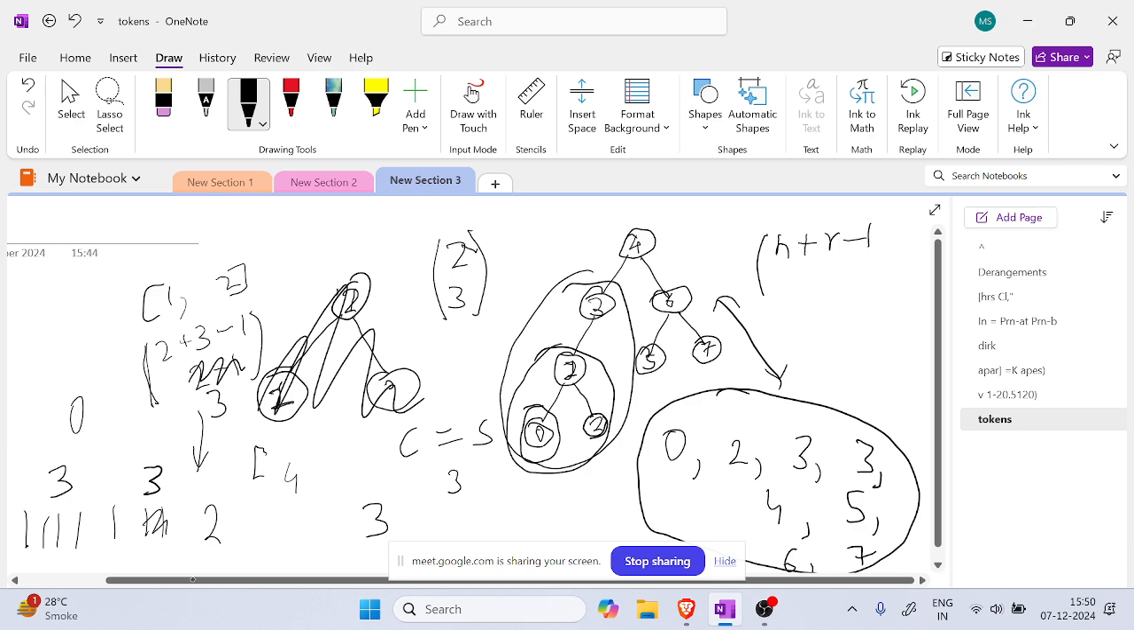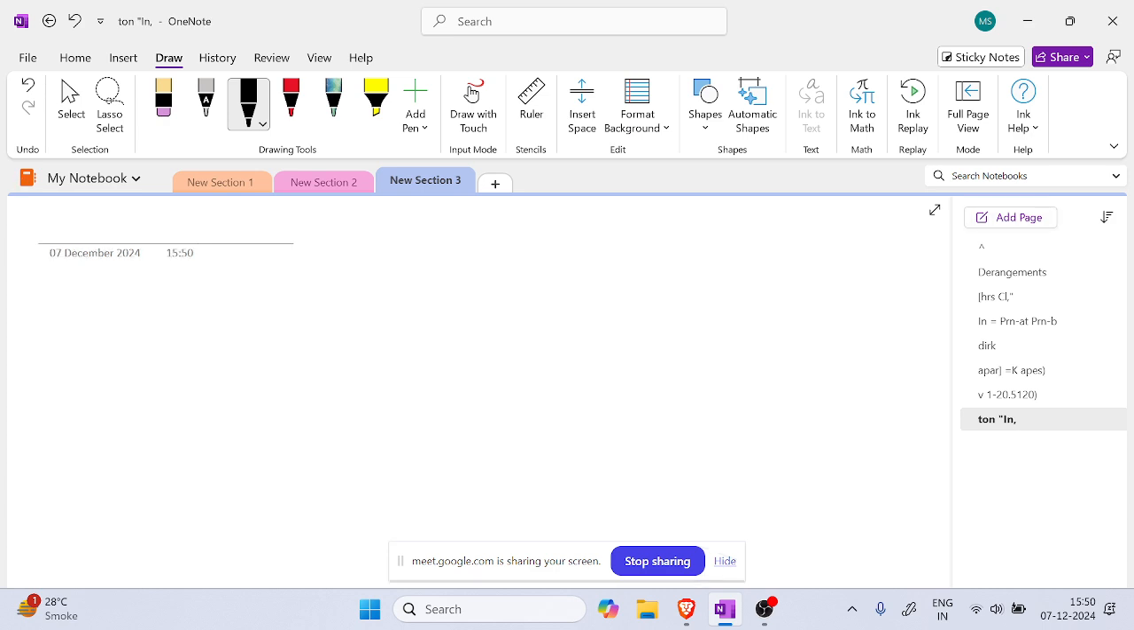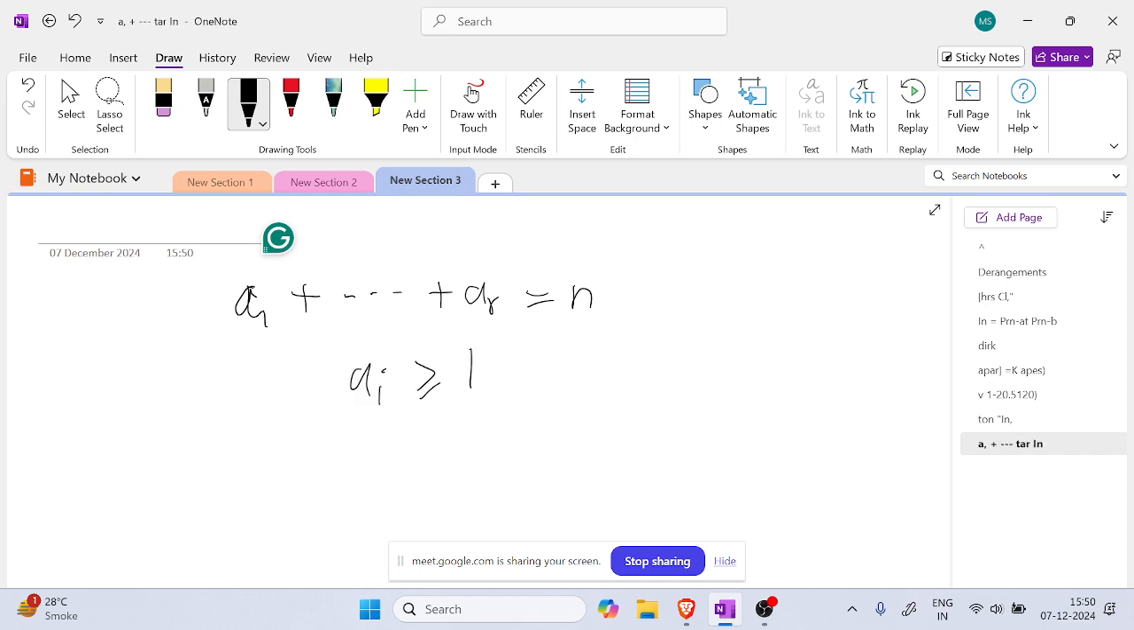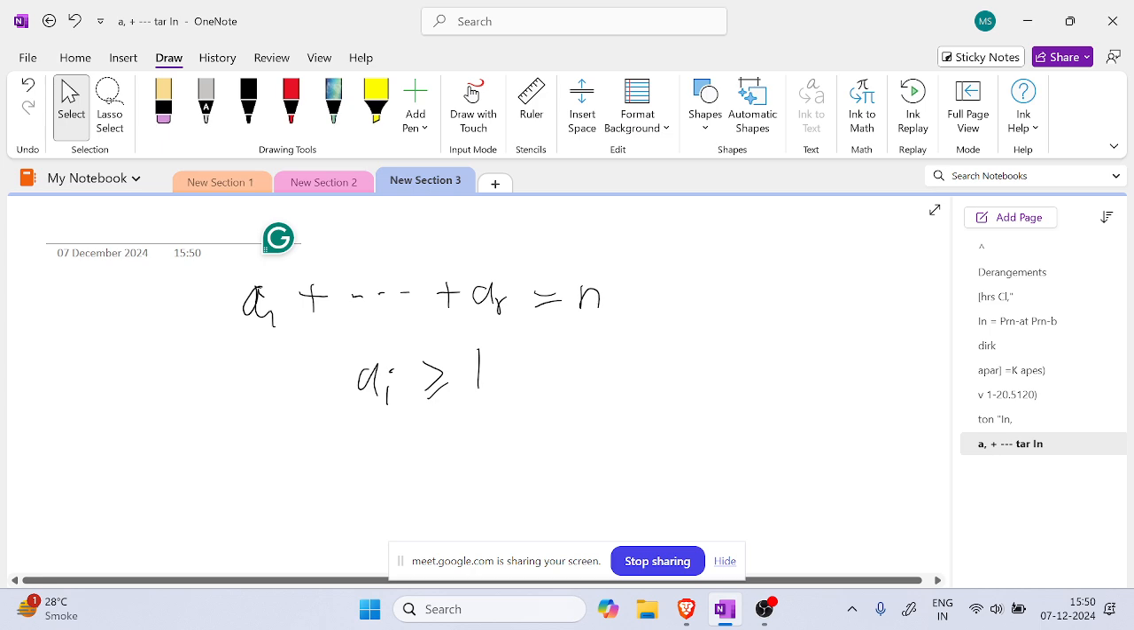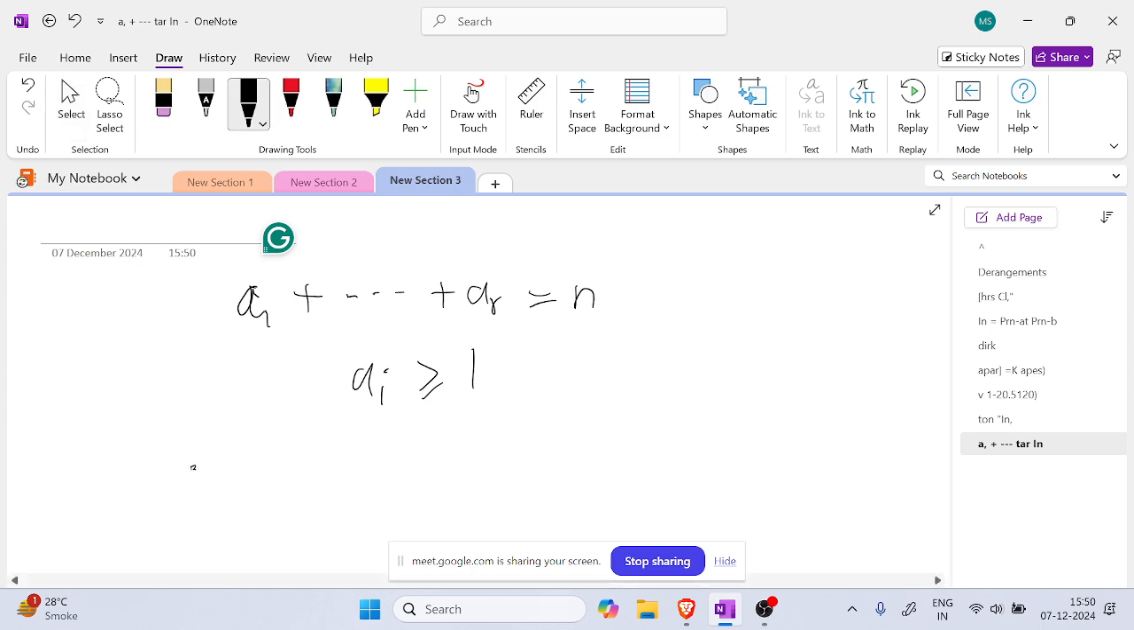So you can do this using stars and bars as well. Oh, okay, wait. I just realized I did not do stars and bars. So let's just quickly do it anyway. So A1 and so on until AR sums to N, and the AI are greater than or equal to 1. Okay. So basically you can view this as you have